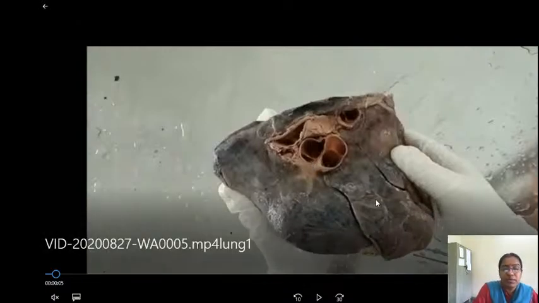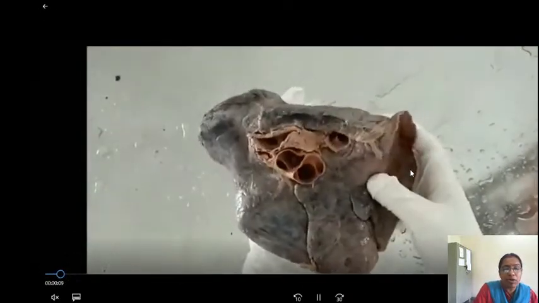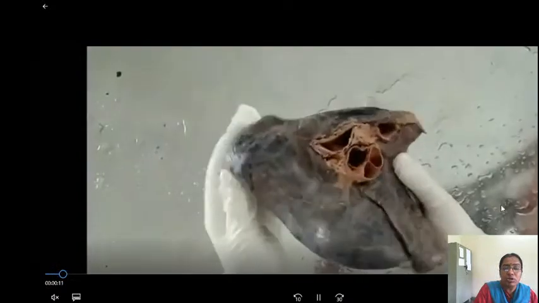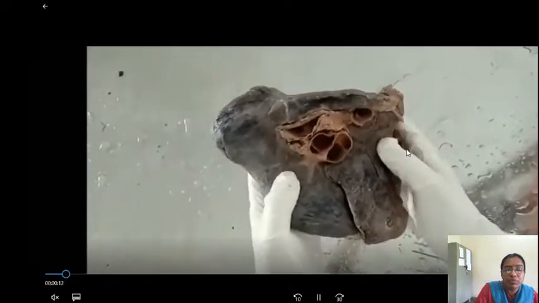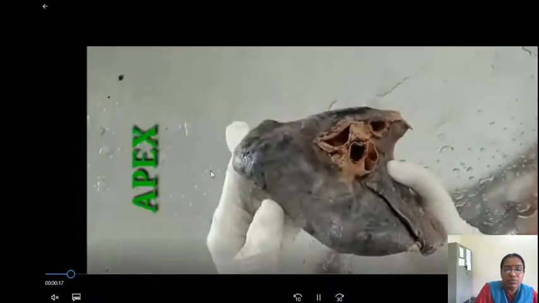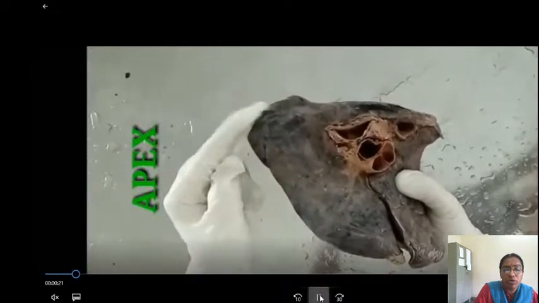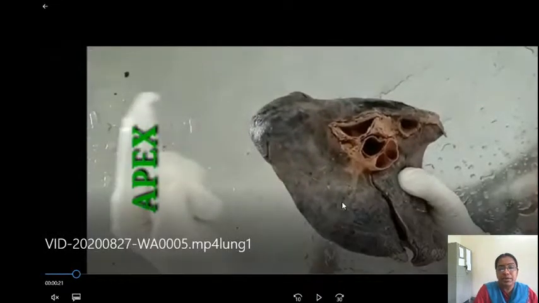So, making this into points, first we will see the side determination of the lung. Because there are a pair of lungs, to determine which side a lung belongs to, you have to know some of the features of the lung. So it consists of an apex. So this is a feature. When you have to know whether this lung belongs to the right side or the left side,